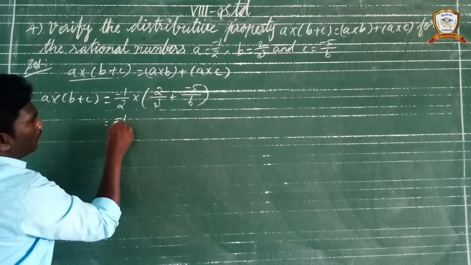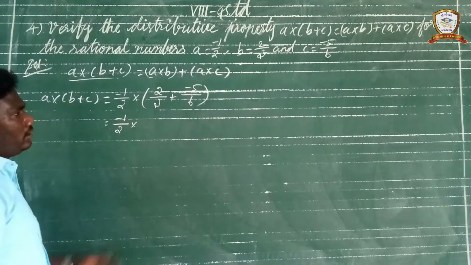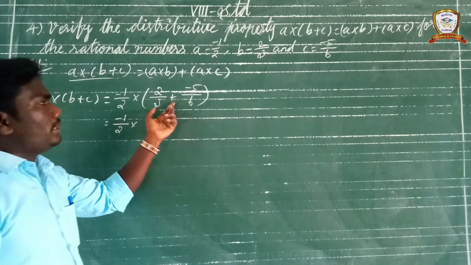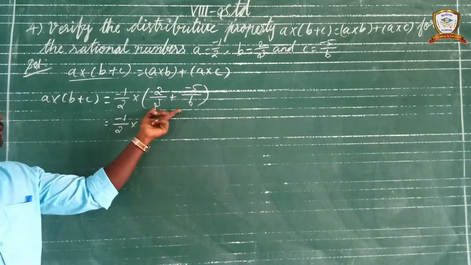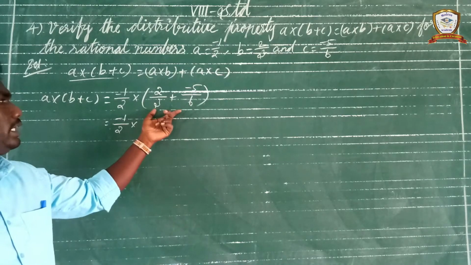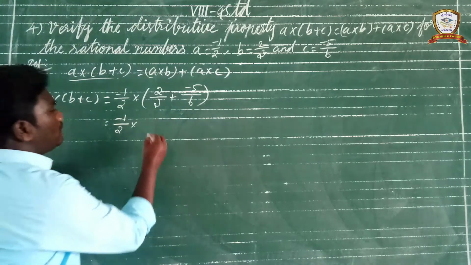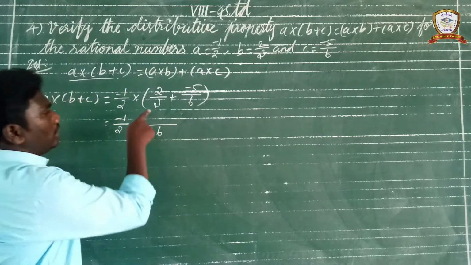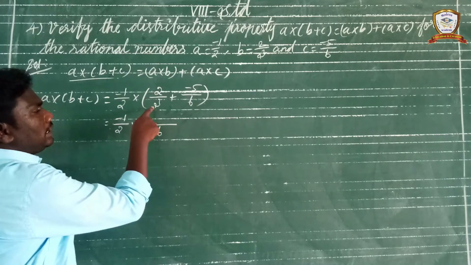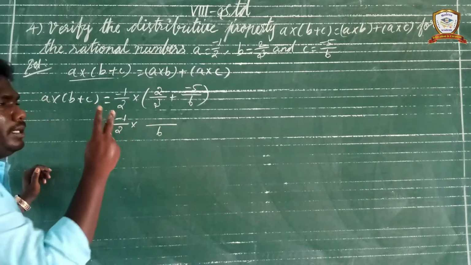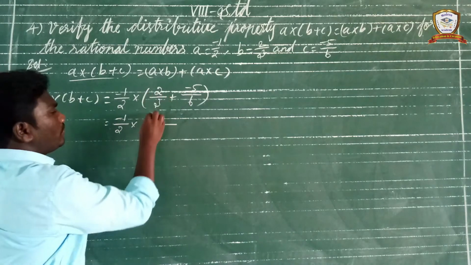So here first, minus 1 by 2 into the bracket. First you do the addition between the two rational numbers. Plus means we check whether the denominators are equal or not equal. If not equal, you take the LCM or cross multiplication. So I take the LCM here. The LCM is 6. Now the first rational number, 2 by 3. Denominator is 3. Now 3 table 6, how many times? 2 times. So multiply the numerator 2 by 2, 2 twos are 4.